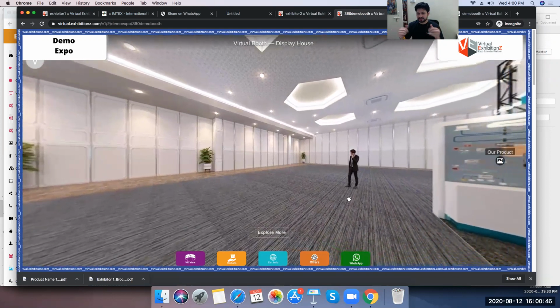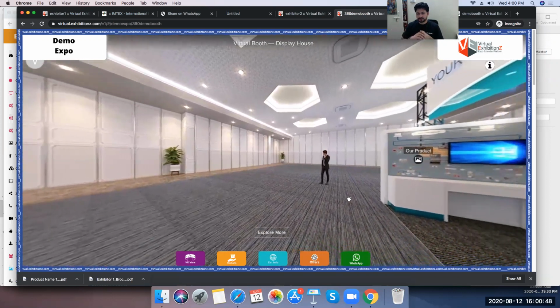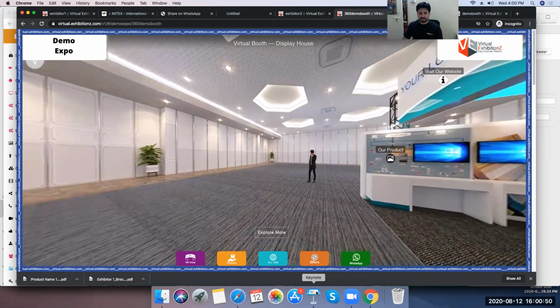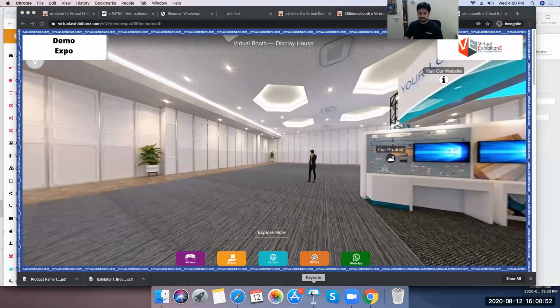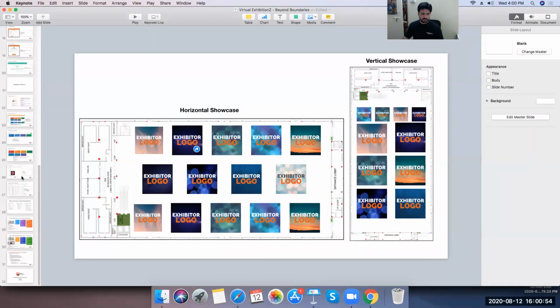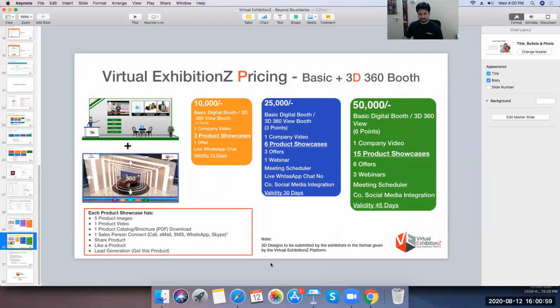So how will this licensing system work? Will it be a per-exhibition license, or a 1-year license where I can hold multiple exhibitions? Yes. We have given an example over here of the options you have in terms of pricing.